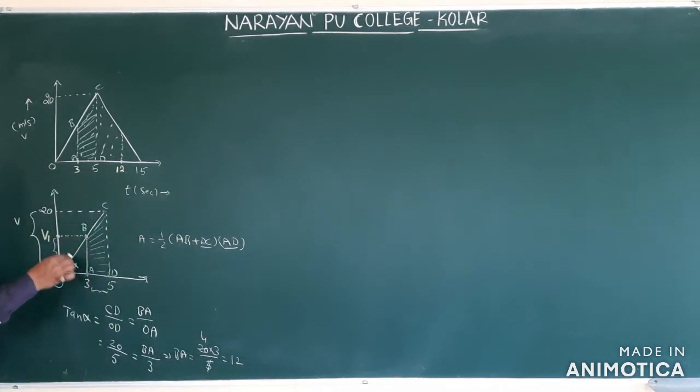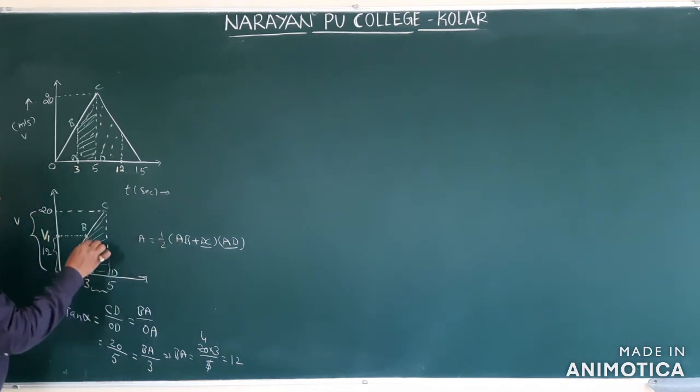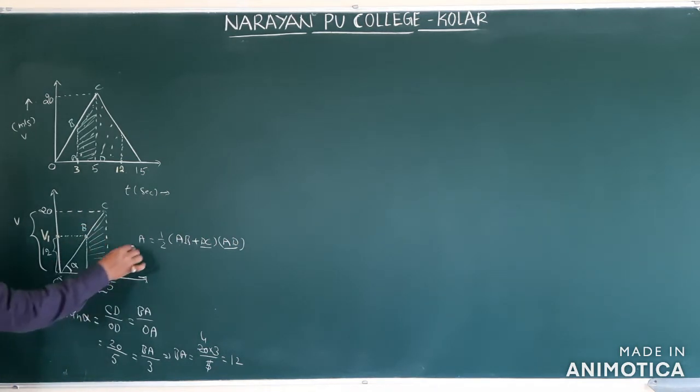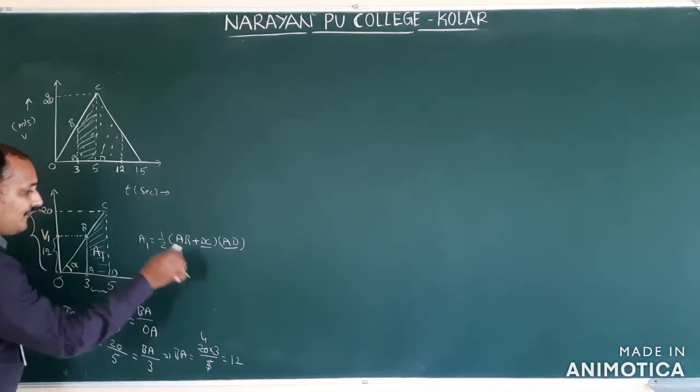Now what you got, AB value? This B1 value how much? 12. Understood? How you got OB? That is nothing but this OB1. B1 value is now 10. Here this value is 20, they only here. Now you got AB. Substitute, then you will get the area of this one. Let us assume this is A1. This area is A1 of AB.